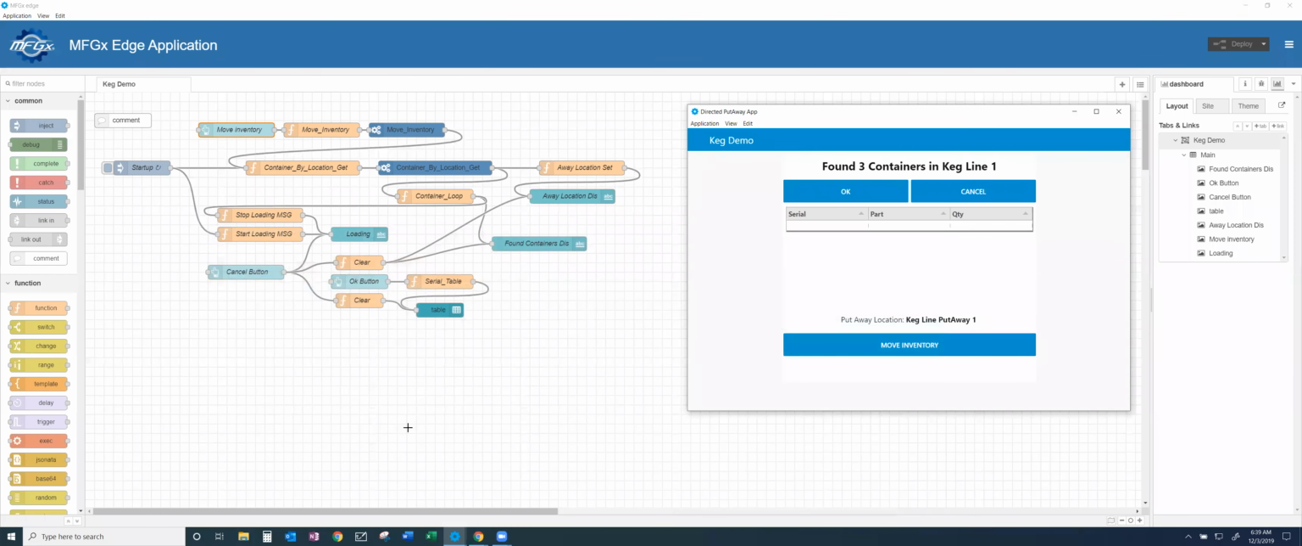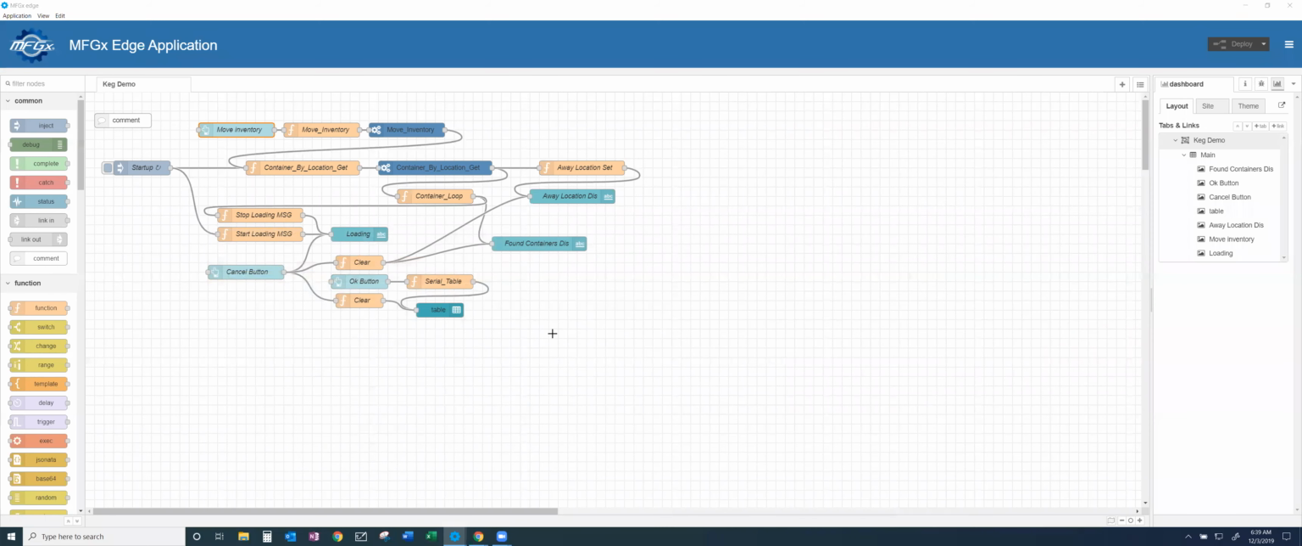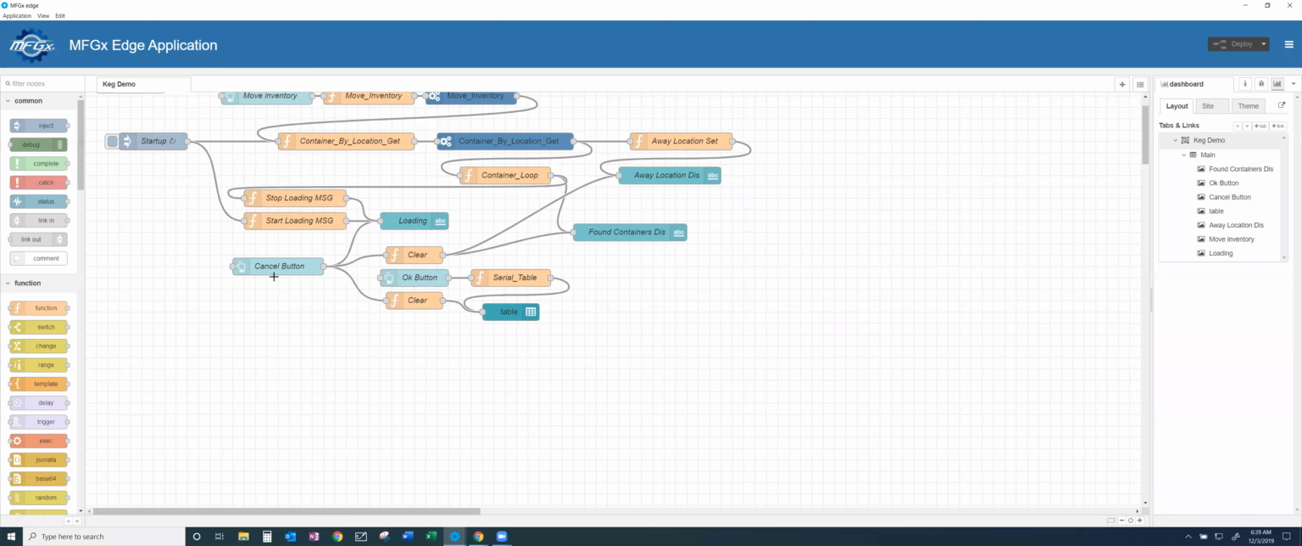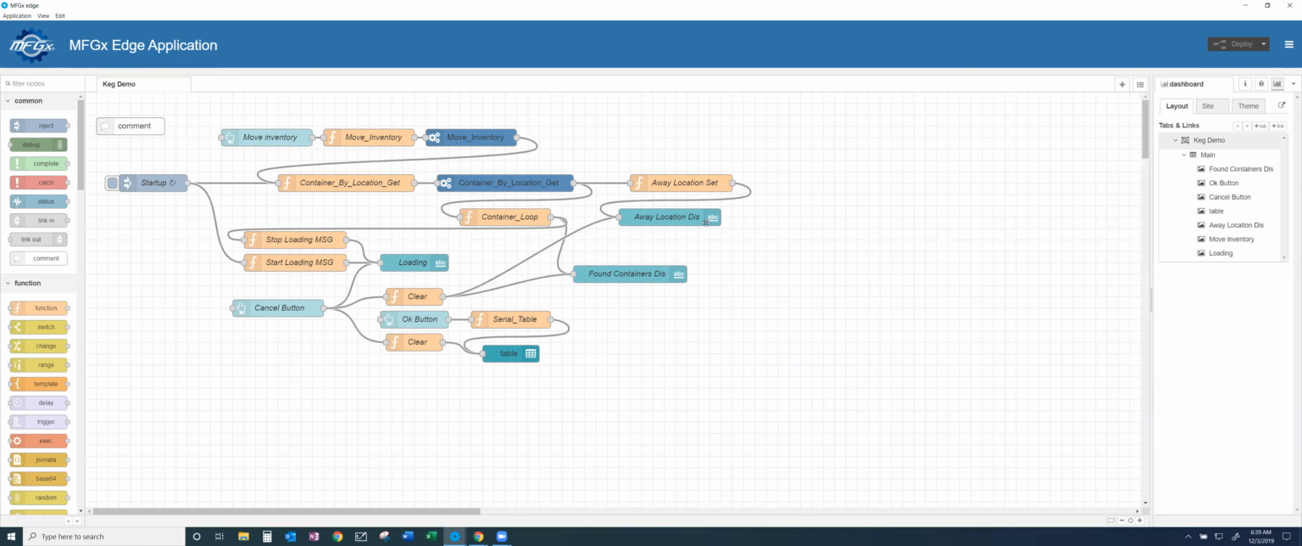So you'll see, first of all, I have 2 windows here open. We'll get rid of this one for a second and focus on this. This is the administrative panel of our MFGX Edge application. And as you can see here, I have a flow which has several different nodes which are all doing different things. This one here, I want to point out, the startup node allows you to kick the process off,